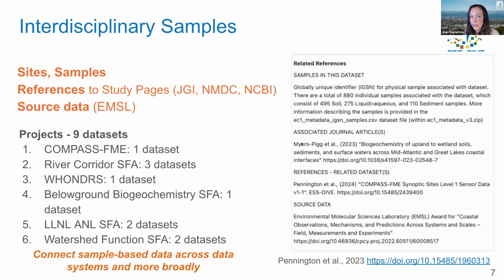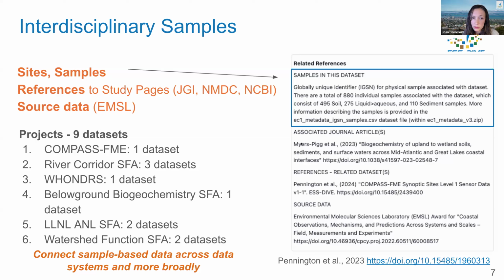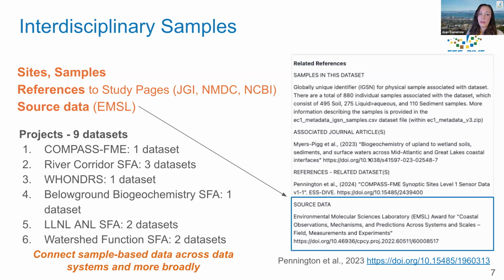In this data set, they had 880 individual samples collected and described using standard metadata, and they were registered. They registered all of these samples for IGSN IDs, which are sample DOIs now. The samples underwent analyses at a lab, at the Environmental Molecular Sciences Laboratory, and were described in an associated journal article. So if all of the samples are included as related identifiers in that dataset metadata with appropriate relation types, we could then enable not only connecting this sample-based data across different systems, but also tracking provenance and credit if